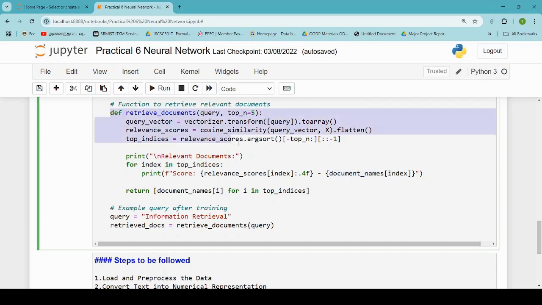Okay. And this has been returned to the retrieval of documents. So this is just the definition for the retrieved documents. We are going to assign a query, and for this query, we are just going to identify which documents are similar, and identify 5 documents and return them as the end results. Okay, on running this,